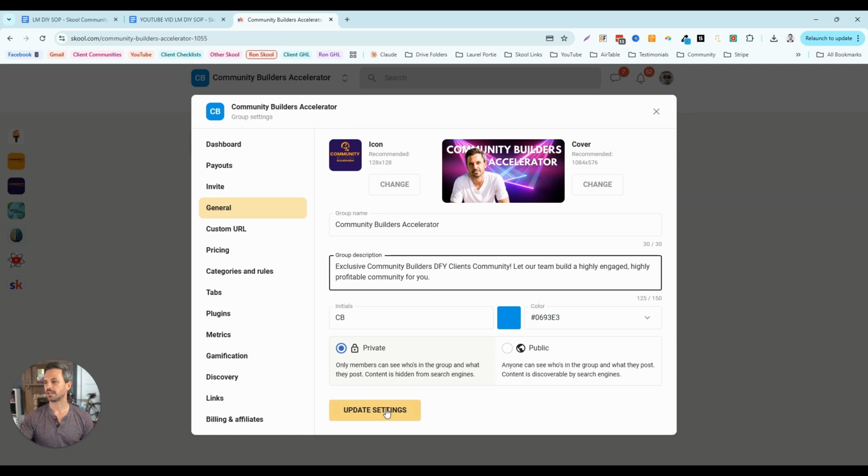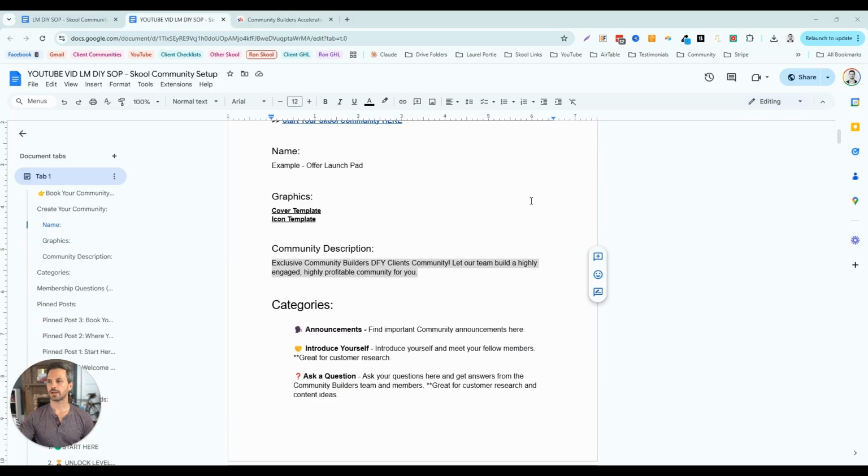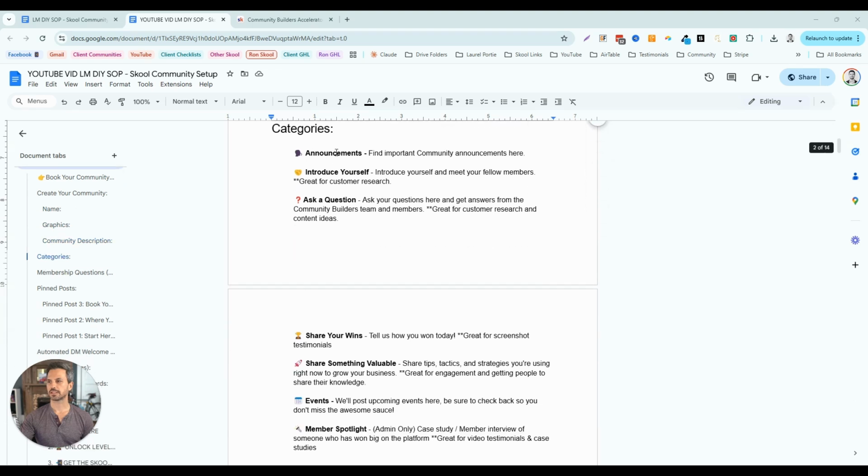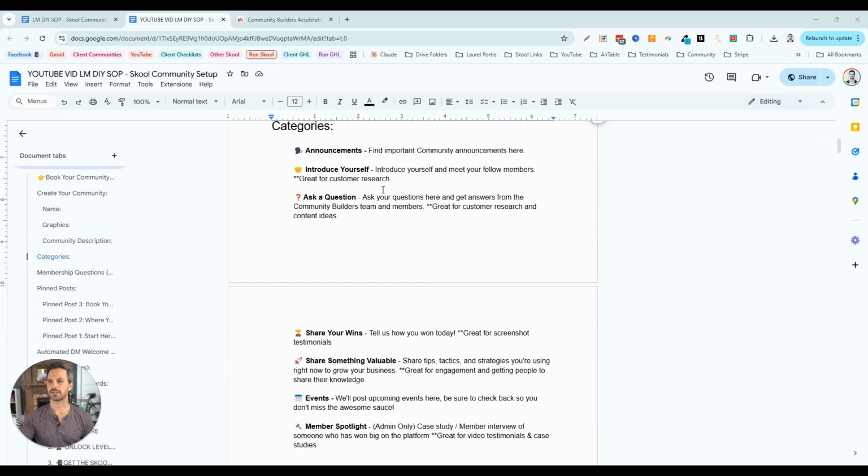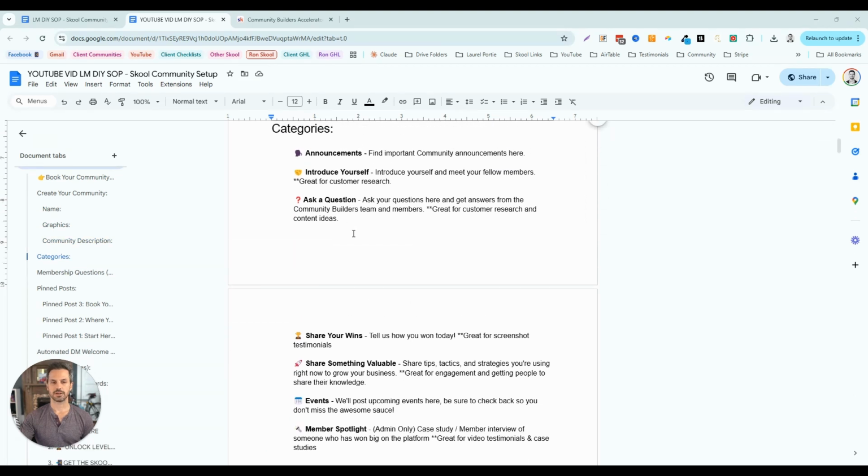But I'm going to go ahead, leave it like it is. I'm going to update settings. All right, so let's just continue to move through our checklist. The next thing that we're going to do is set up categories. We've given you some examples here, and these are the ones that we use in our community. Feel free to edit these, delete them as you may, and then use the ones that you want to use